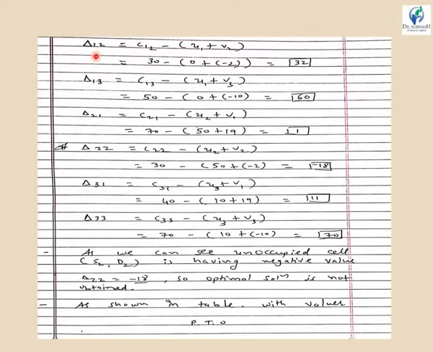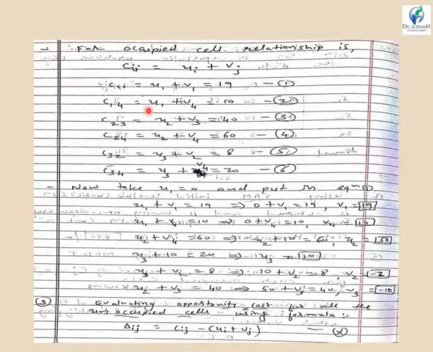You can find the unoccupied cells from the main table that was given. So delta 1,2, that is the unoccupied cell, is equal to Cij, so delta 1,2 is equal to C12 minus U1 plus V. This C12 value obtained from the unoccupied cell, that is 30, minus the U1 value that you had already assumed to be 0, and all the other variables you found in our previous slide. You found the values of U1, U2, U3, U4 and V1, V2, V3 and V4. So all the values you will have to substitute over here now.